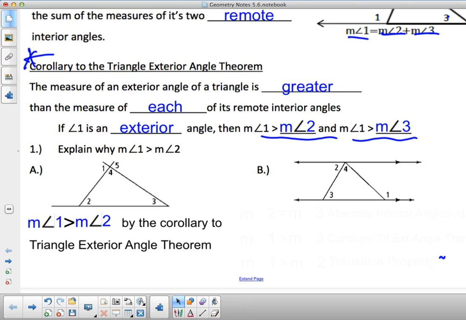But after you finish that, look at problem B. Finish it up, and then look at problem B. Now, looking at problem B,